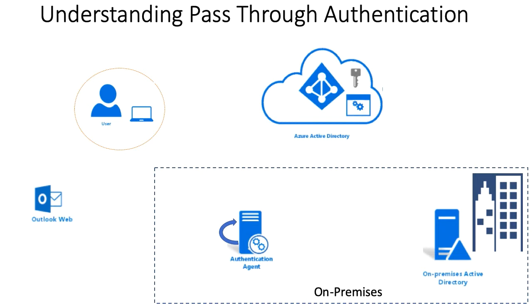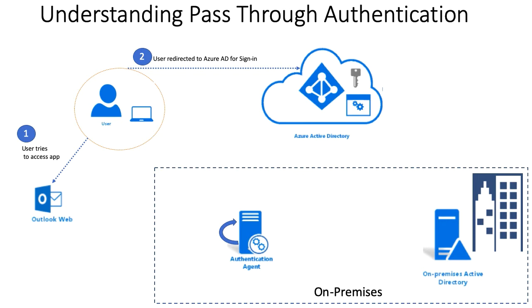So when the user accesses any O365 enabled applications using a web browser or using any fat client like Outlook, pass-through authentication can support these scenarios. Let's understand PTA through this example where a user tries to access the Outlook web app using the web browser. Now, as the Outlook web app is an O365 enabled application, the user gets redirected to the Azure AD